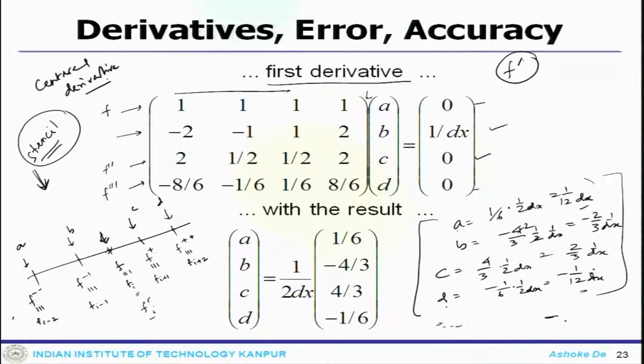Similarly, the same first derivative could also be obtained using 1 point ahead of it and 1 point downstream of it. That means using only f i plus 1 and f i minus 1, or f plus and f minus. So this is also another kind of stencil where you can find the derivative at this location. This is called a 3 point stencil to find the first derivative, and this particular one is called a 5 point stencil.